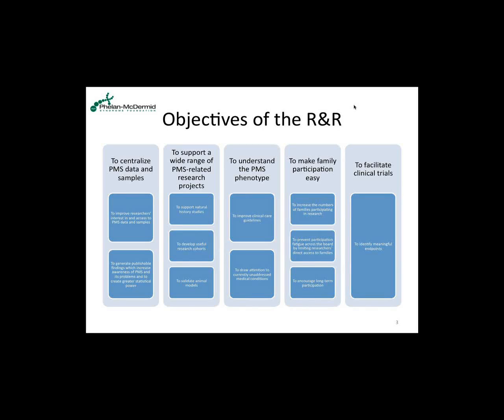And right now, for a family to receive genetic test results and be told that their child has Phelan-McDermid syndrome, almost never is their pediatrician, neurologist, or geneticist able to tell them much about the syndrome without having to go to our website. And we'd like to get much better information out to the clinical world and have that experience